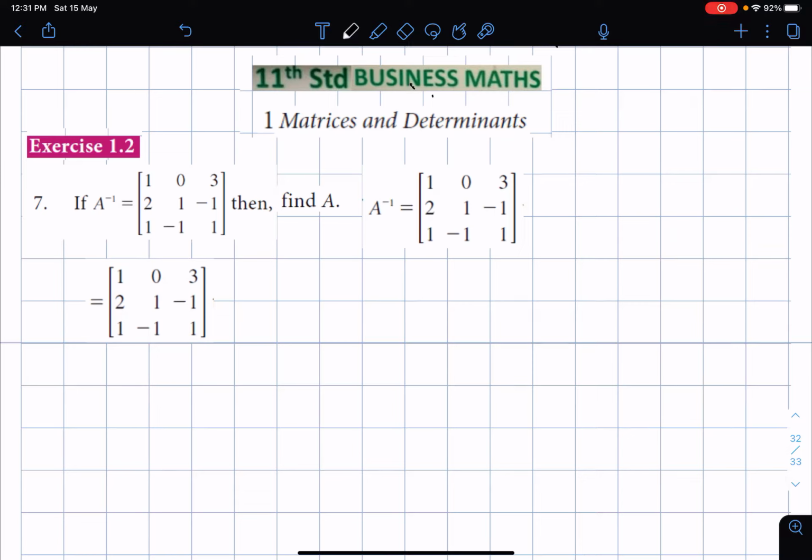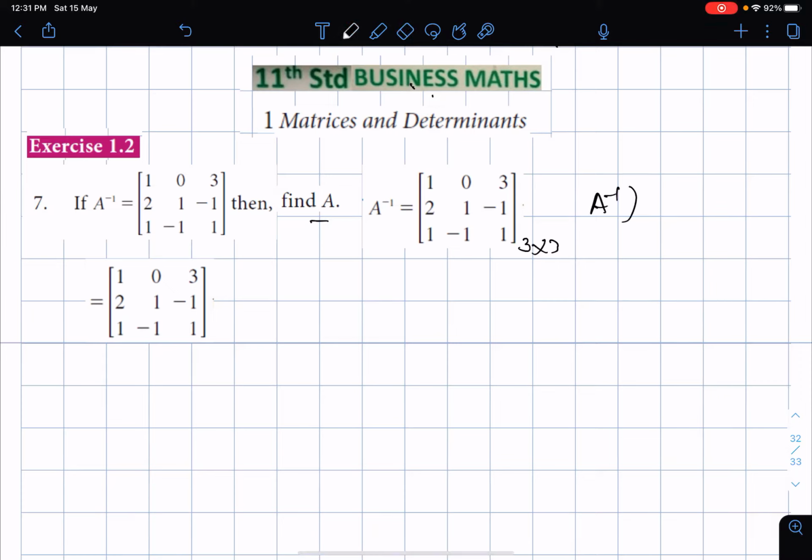In exercise 1.2, sum number 7, they have given a determinant as A inverse and they asked to find A. It is a 3 cross 3 matrix. Actually, from A we get A inverse, but now they have given A inverse. Now we can write it as